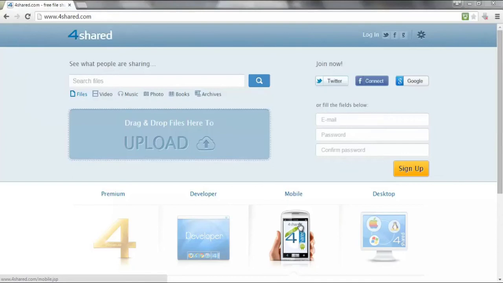Now the website on your screen is a file sharing website called forshare.com. It might look pretty ugly, but it is actually pretty popular, and I'm going to give you two reasons why. First reason is that it's free to use, so I can upload files to this website completely free, and it stops my hosting account being used just to host files that are being shared online.